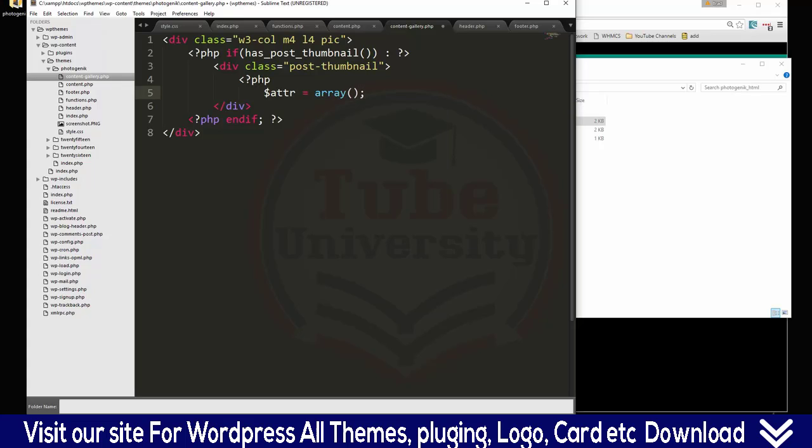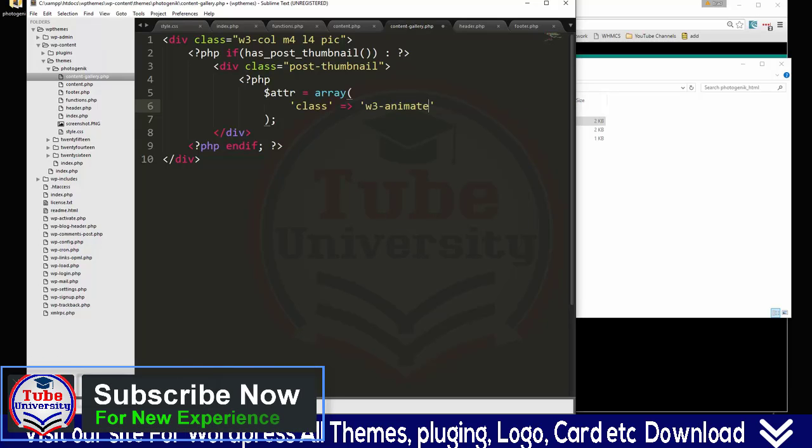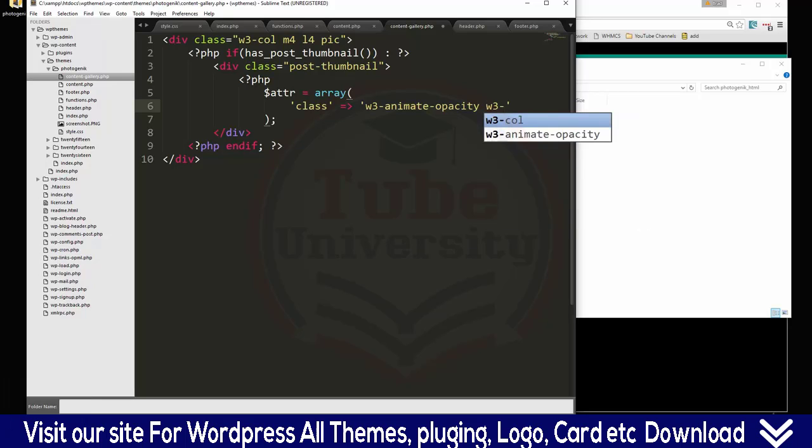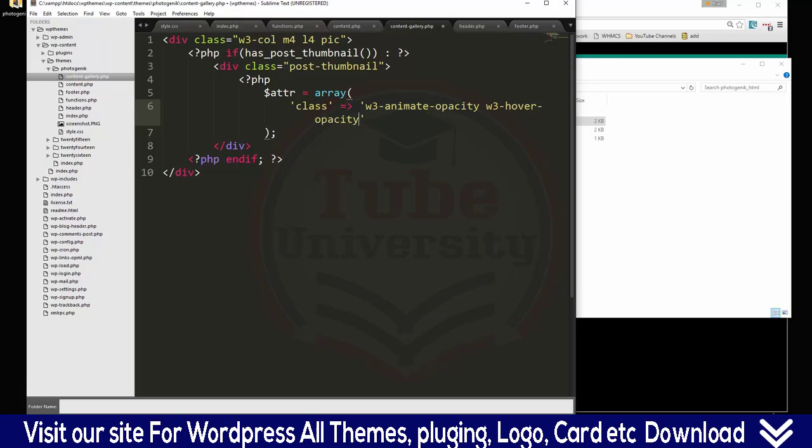Alright, and then in here, let's see, we're going to put class, and we want that to be w3-animate-opacity, and then we also want a hover effect, which we can use W3 CSS for. So we need to just say w3-hover-opacity, just like that. Alright, so then we can end the PHP,